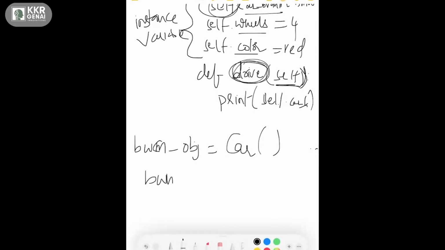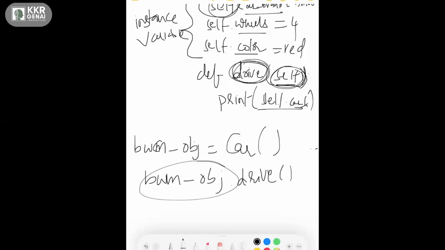Then I'll call the drive method on the BMW object. Here, what is self holding? Self is holding the BMW object because I'm calling with the BMW object. Always self points to the current object.